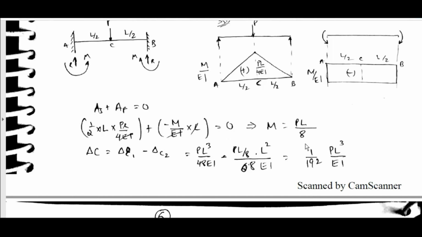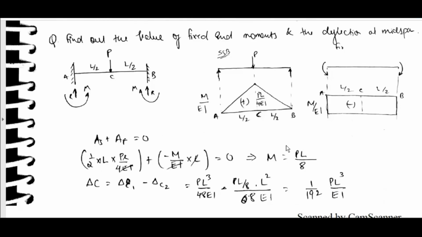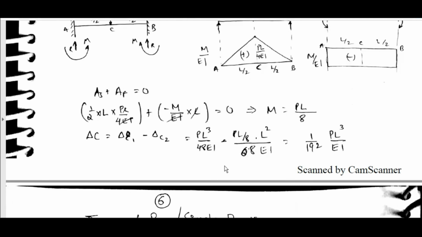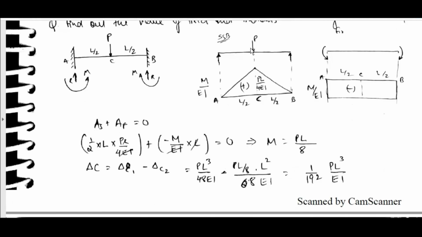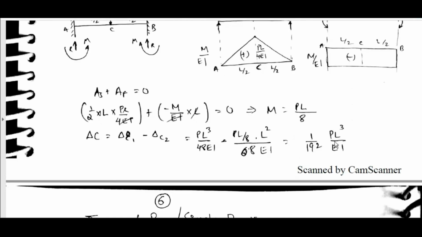From that we will get M is equal to PL by 8. Delta C is equal to delta C1 minus delta C2, due to this minus due to this, we will get 1 by 192 PL cube by